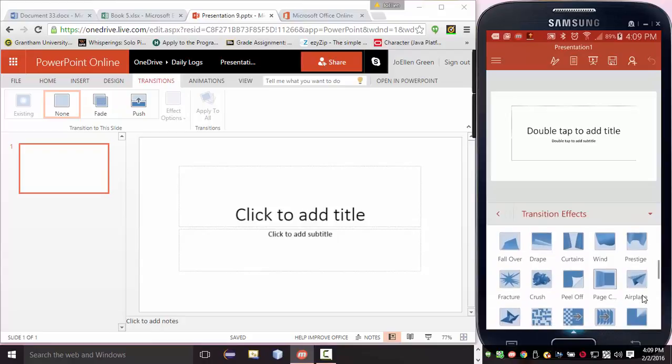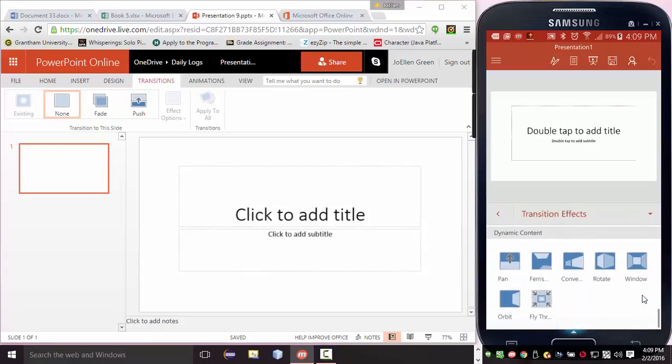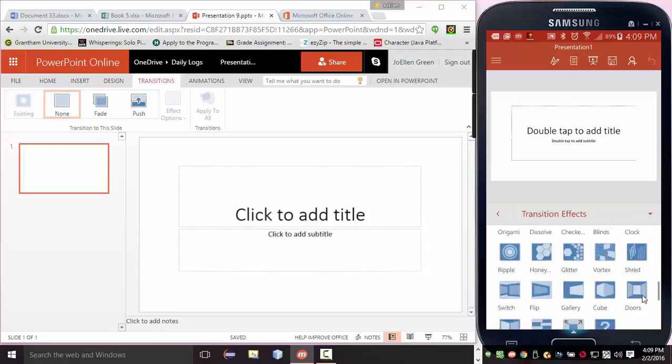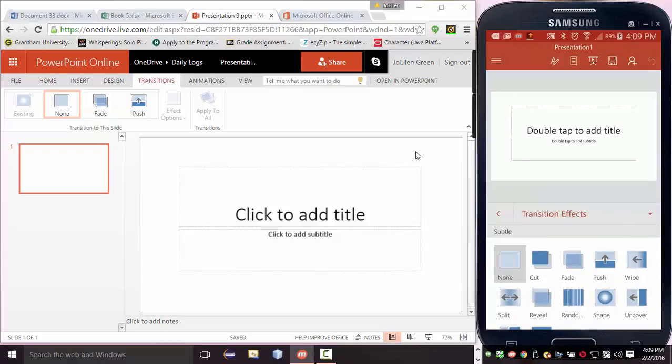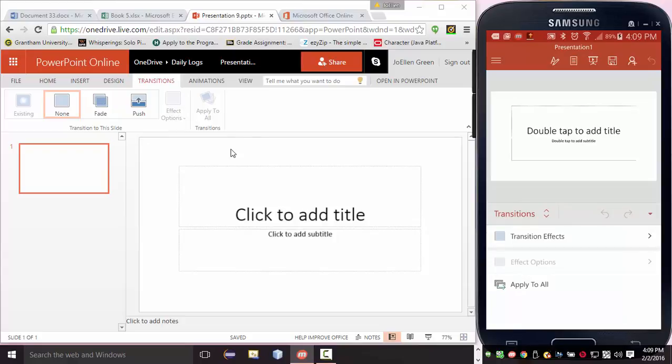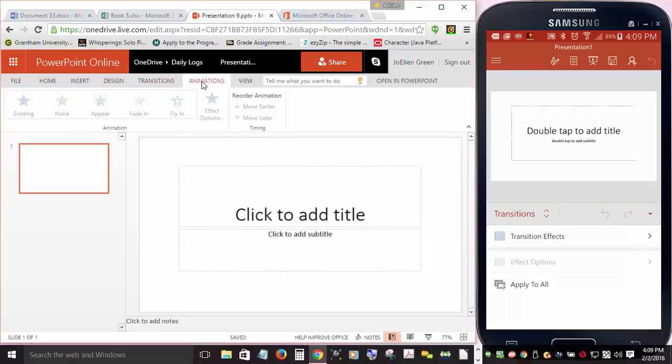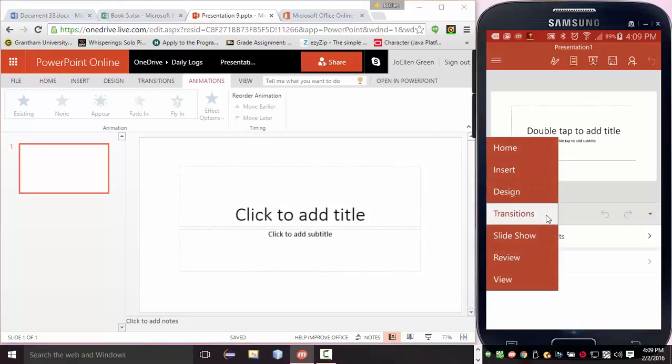These are all the transition effects that we have. Okay, and you have the apply to all the slides. Okay, and then let's look. We don't have Animation. Animation is something we don't have in this particular one, but we do have the Slideshow